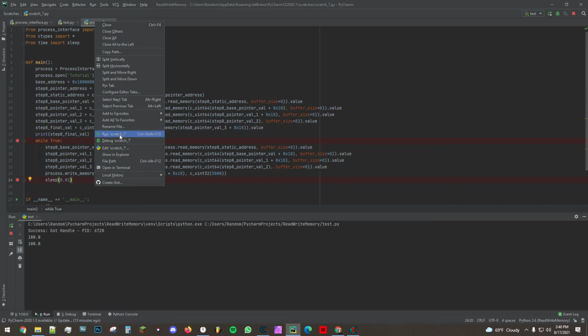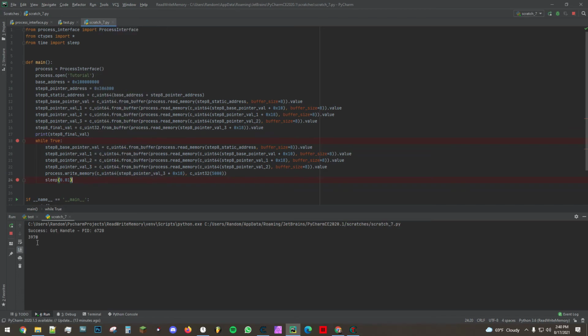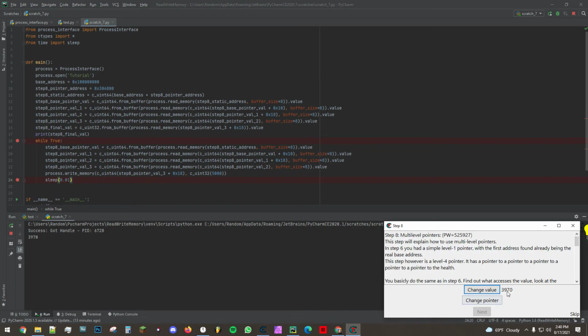So let's run it here. We've read the address 3970. We've read the value at that address, 3970. So now we're in this loop. So I'm going to change the pointer. And there we go. We've completed it. So we successfully wrote the value, and read the value of a multi-level pointer using Cheat Engine,